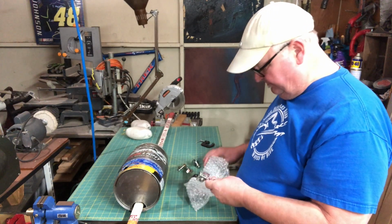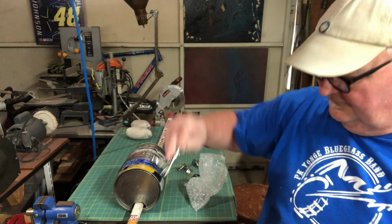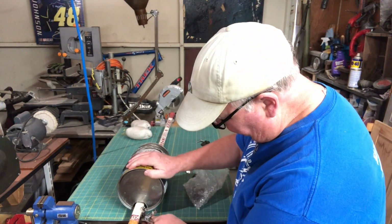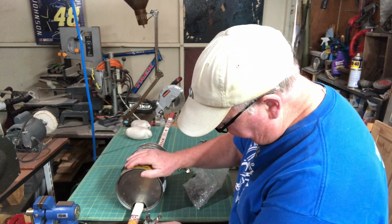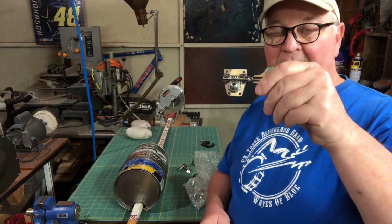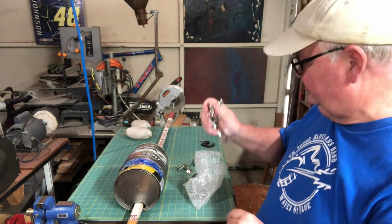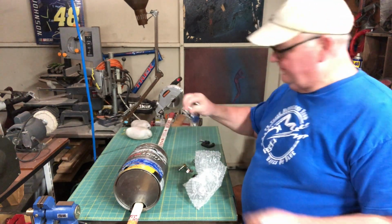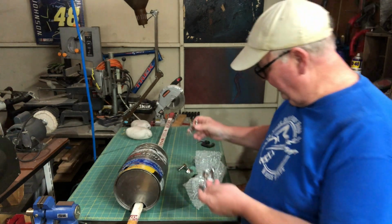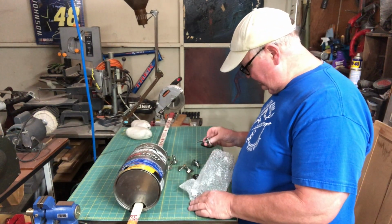but I have two of them, and you can see these are taller, so it would go through there, but as you can see, they're pretty big, so I need a lot of real estate. So I do have two tuners, which I think I'll use because this will look more like a bass with those bigger tuners on there. So as you can see in my parts bag here, I had to